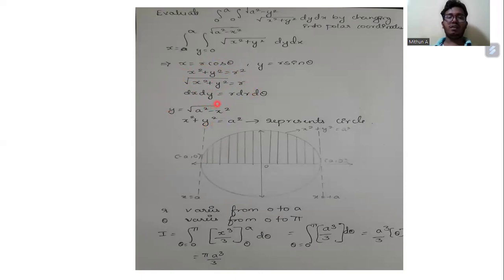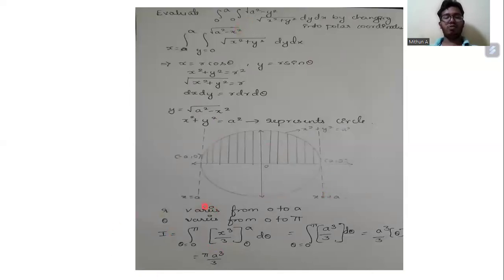Whenever we are doing integrals, dx dy becomes r dr d theta. Here x square plus y square is equal to a square, which is a circular equation. So r varies from 0 to a and theta varies from 0 to pi. So on integrating, replacing the limits of x and y with 0 to a for r and 0 to pi for theta,